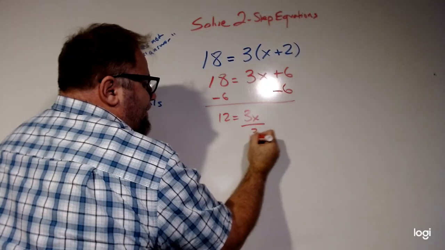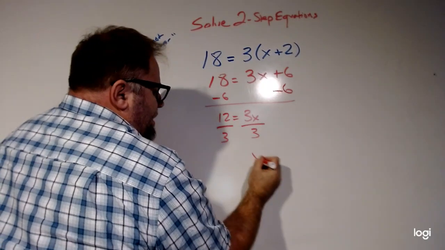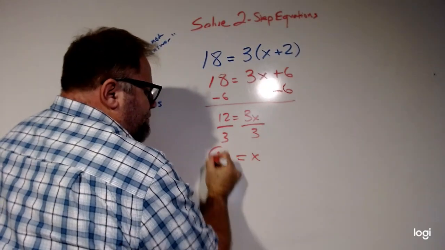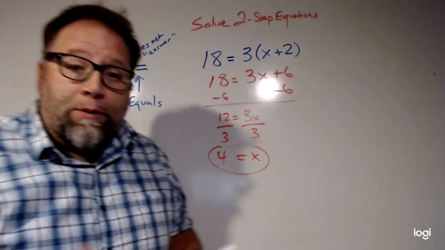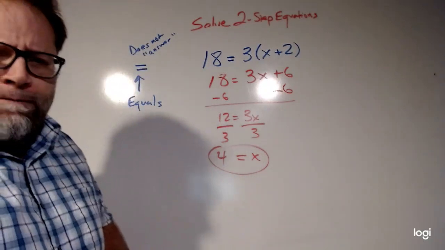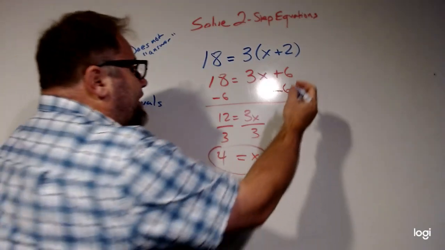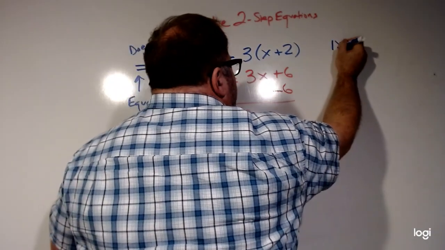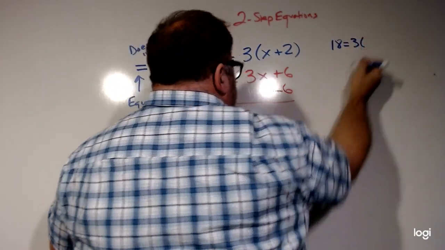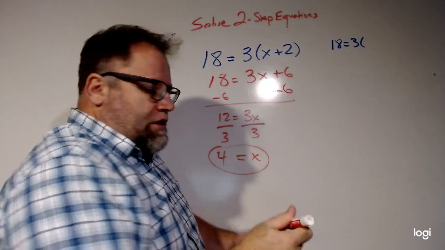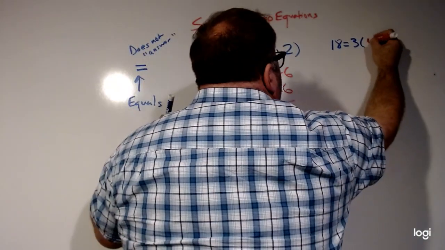12 equals 3x, divide by 3, we take care of that. And we get 4 equals x, which is perfectly fine. Then when we go back to check it, let's see where I've got room. I've got room over here. When we go back to check it, I've got 18 equals 3 times 4